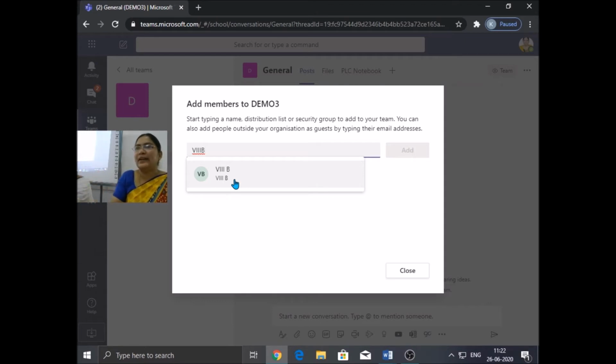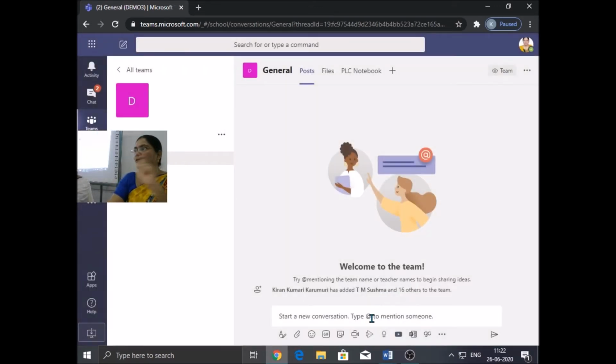Just like we entered our auto-generated password first and then gave our new password, in the same manner students also will log in and enter their own passwords. Will you create that Excel sheet? Already I have shared it in the WhatsApp group. That format you can follow.